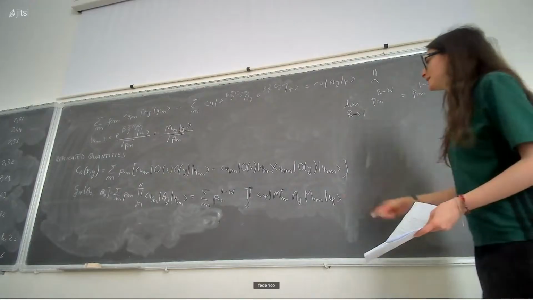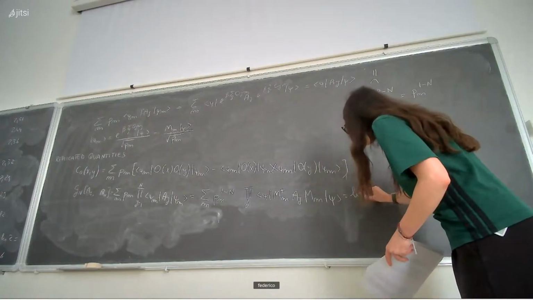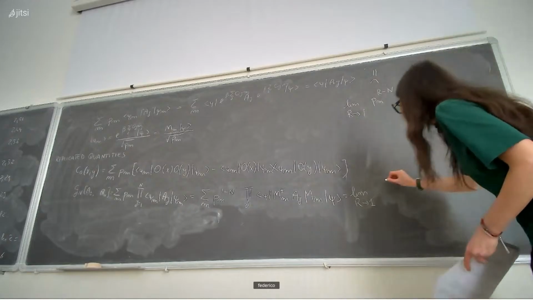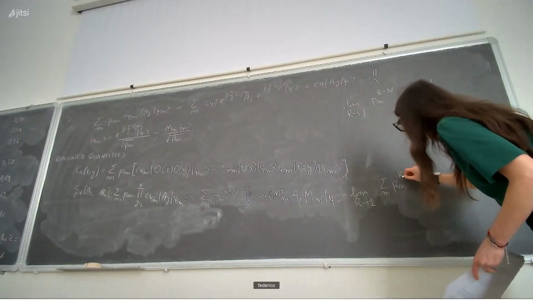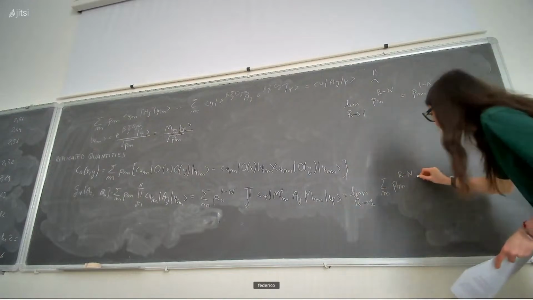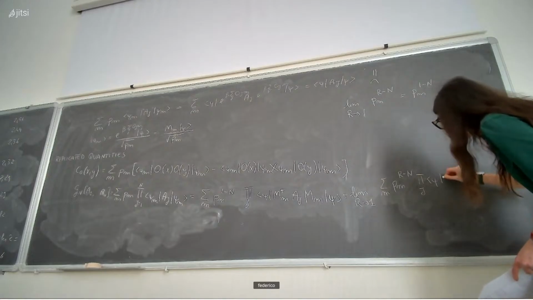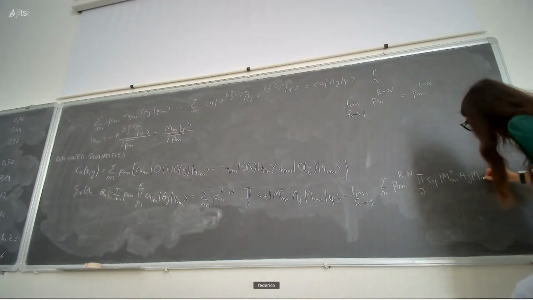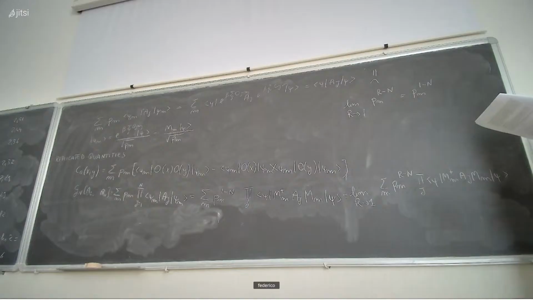Okay, so this means that if I want to rewrite this in the replica limit, this becomes the limit when r goes to 1, sum over n, Pn to the power of r minus n, and then product over j, and then we have psi, A j, psi of n.